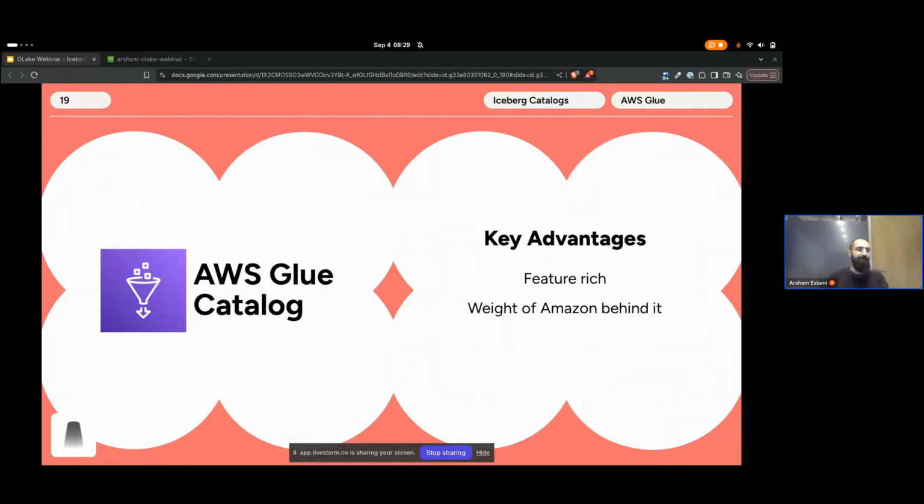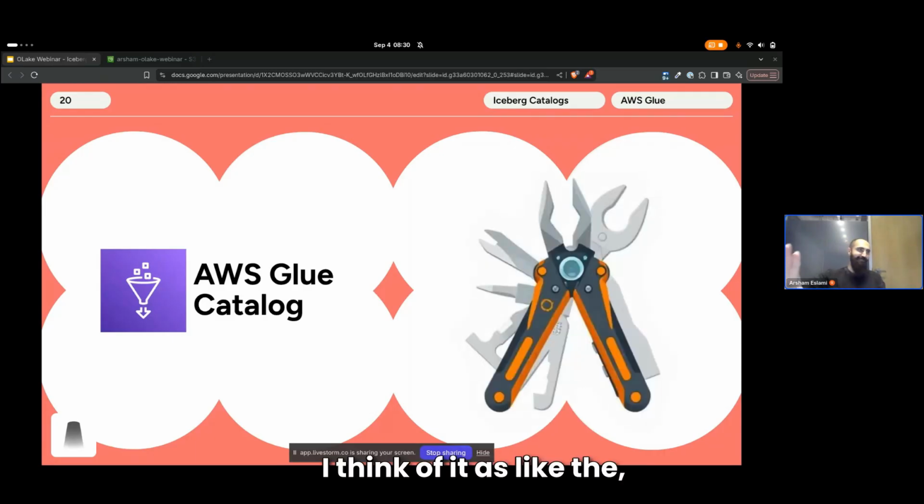If you want to do Glue jobs, like automating your ETL pipelines using PySpark or Scala or Python, you want to have crawlers to automatically detect new tables. If you want to have some no code UI, they have DataBrew, there's Elastic Views, there's ML Transform, there's so much in Glue. If you're already in AWS and you want a mature platform, Glue is actually a really good option. And it's actively being improved. They're very involved in the Iceberg community. Yeah, I'm always really happy with using Glue. I think of it as like the master tool. It can do a little bit of everything.